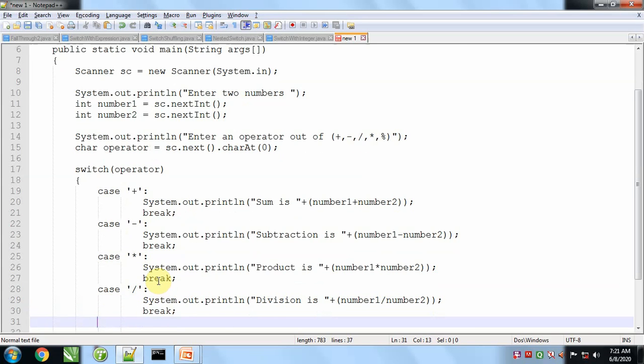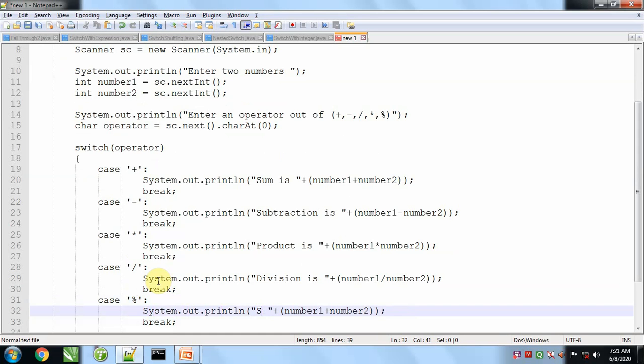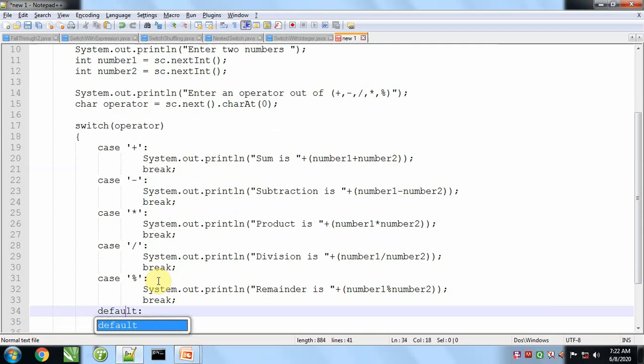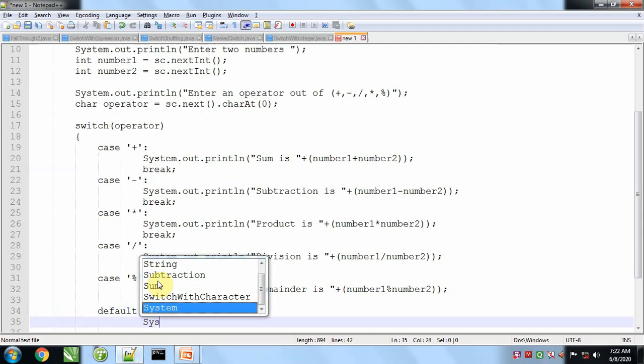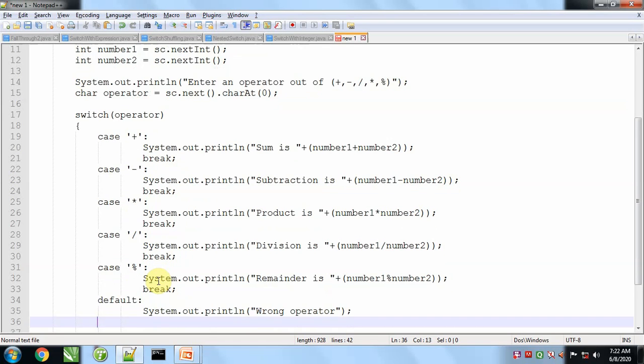And at last we will calculate the modulus. We will supply a default, wrong operator.